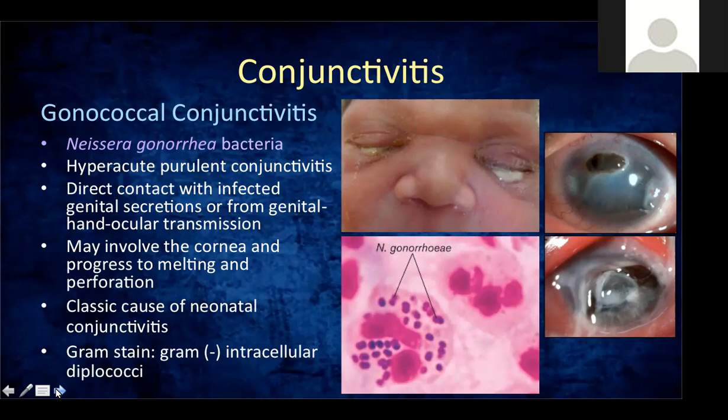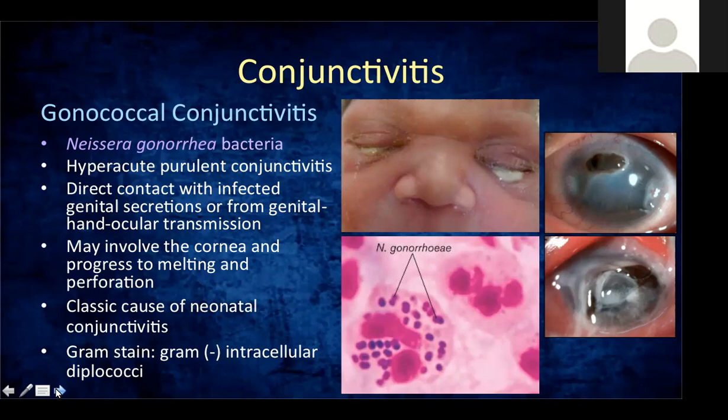It's caused by the Neisseria gonorrhea bacteria, and when you're dealing with infectious conjunctivitis, you always want to do a conjunctival swab. Okay? And then we usually send for gram stain and cultures. What you will see in gonorrhea bacteria are your characteristic intracellular diplococci, that is gram negative. The difference between gram negative and gram positive on a slide, the gram positive will look more purple or blue. Pag gram negative, sila yung reddish in color.